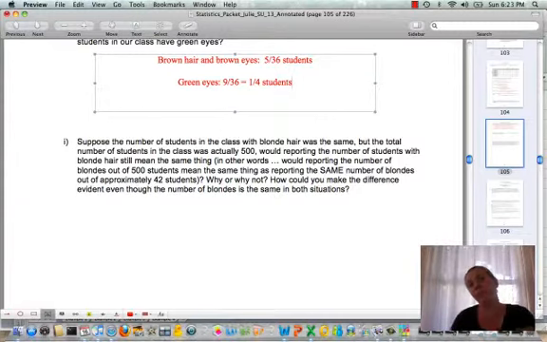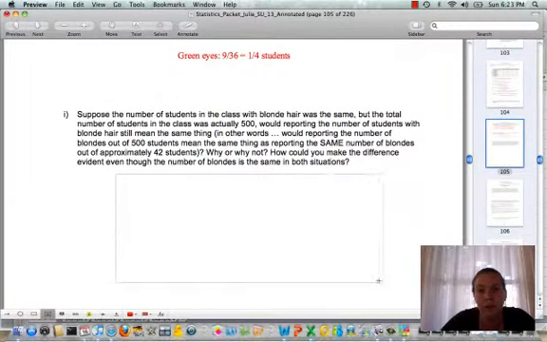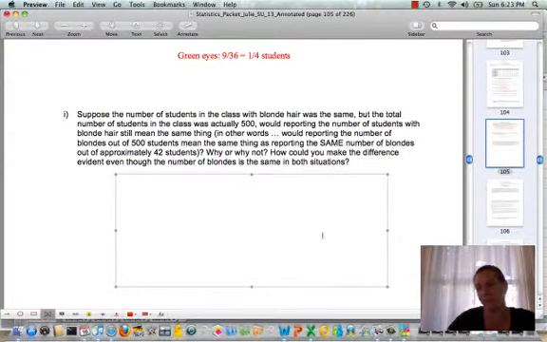Question I asks, suppose the number of students in the class with blonde hair was the same, but the total number of students in the class was actually 500. Would reporting the number of students with blonde hair still mean the same thing? So let's think about this. For a total of 36 students, 6 blondes out of 36 total equals 1 out of 6, which if we think about that as a decimal is 0.167. Now if we switch to a total of 500 students,